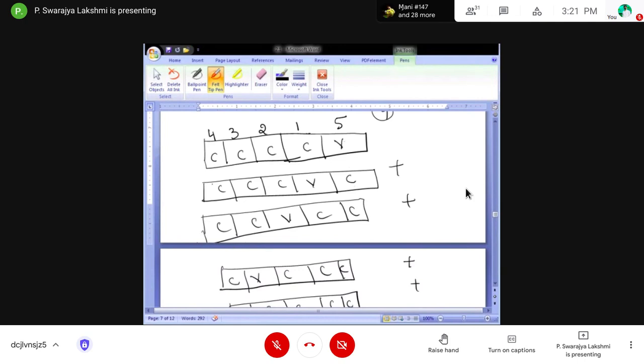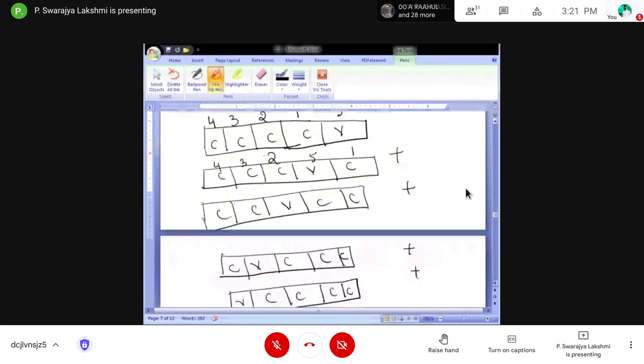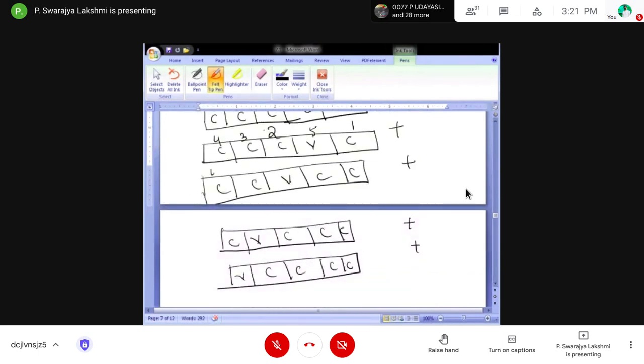So next, coming to the next, 4, 3, 2 and 1, and here we have a vowel. 4, 3, 2, 1 and a vowel. 4, 3, 2, 1 and 5 vowels, and coming to consonants 4, 3, 2, 1.